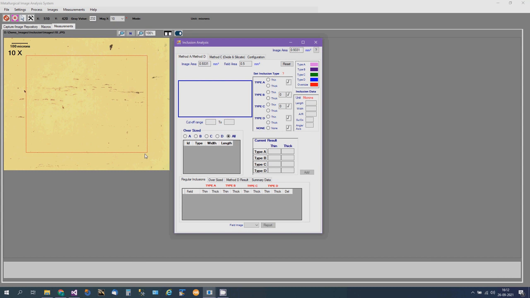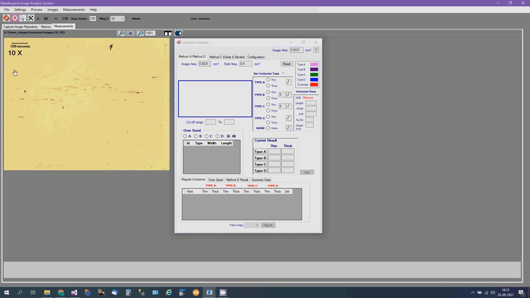Inclusion is always analyzed in a 0.5 square mm area by default. If the size of the image is more than 0.5 square mm, it will form a rectangle limiting the area. You can always move this rectangle to a suitable location for analysis.